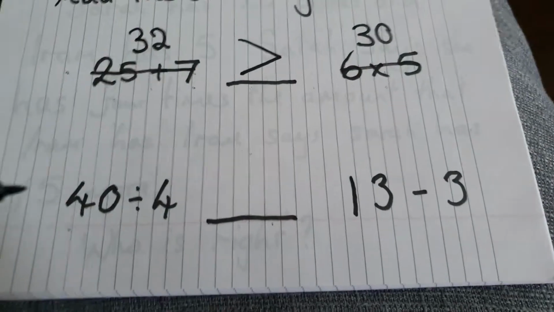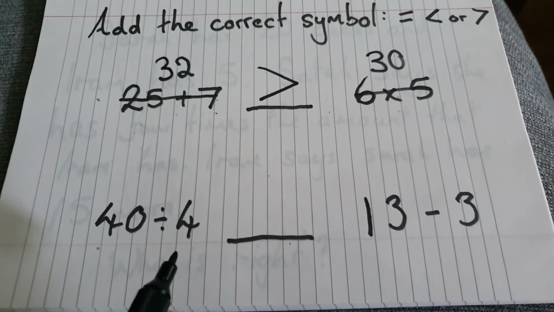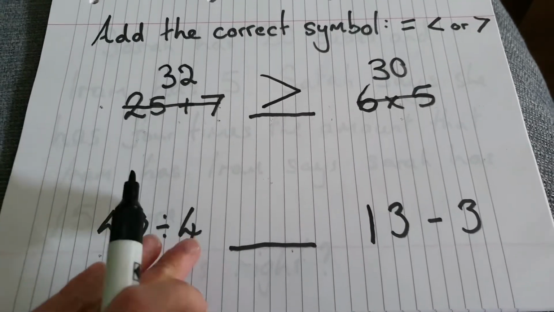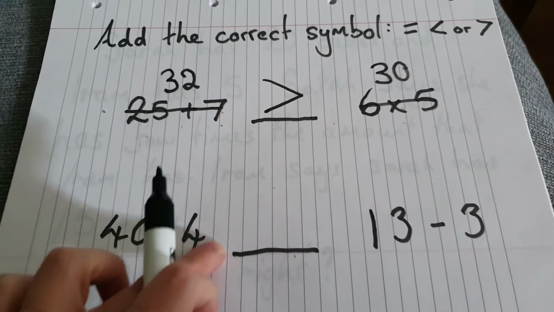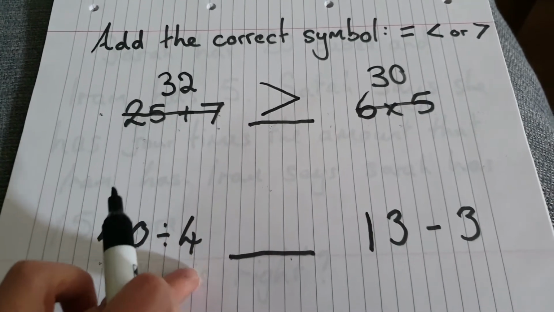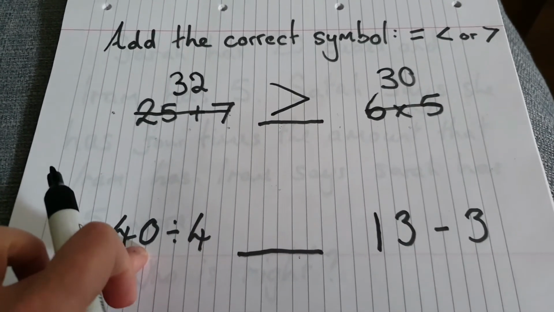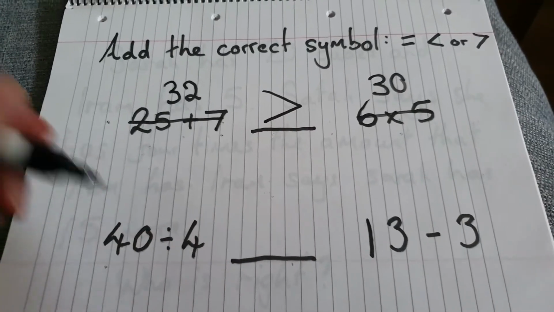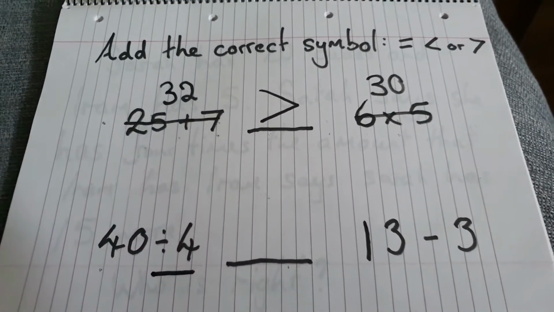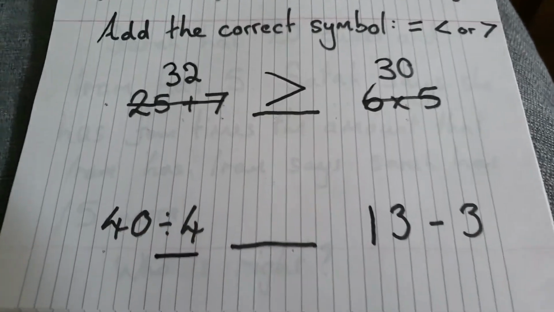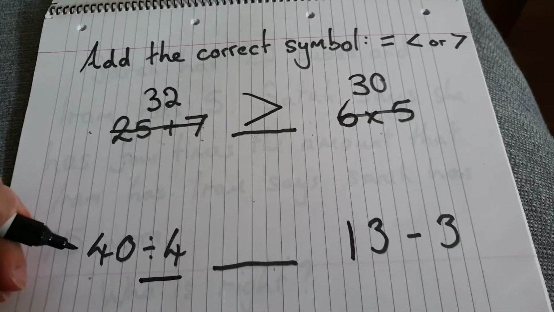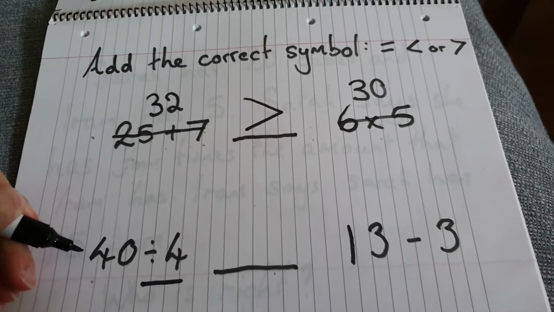And we do the same down here. So we do division. Remember, with division, we can use our multiplication to work it out. We need to find out how many 4s fit in to 40. But I know something else which will make this one easier. I know that dividing by 4 also means finding a quarter. So what I could do to find the answer to this one is to half 40 and then half it